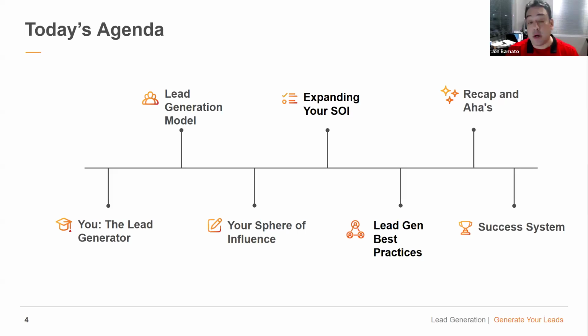Lead gen best practices. We're going to talk about how to lead gen. What is the best way to do it? I can talk about personalities. I'm a firm believer that you need to do lead generation according to your personality and where you have a nexus. That way you are more likely to do it. And I consider lead generation kind of like dieting and exercise. How many of us want to be in a different physical shape, or different weight, than we are right now in our life?